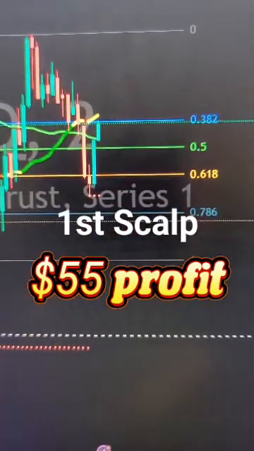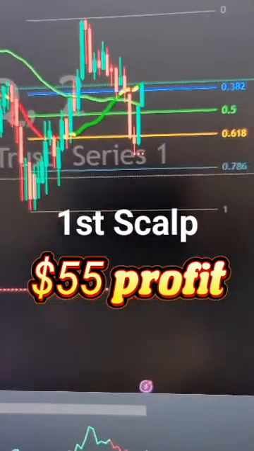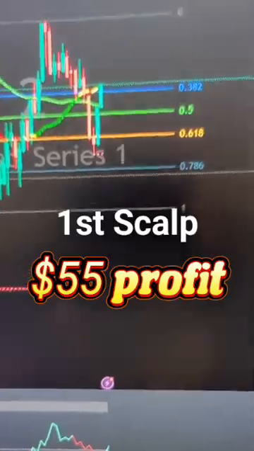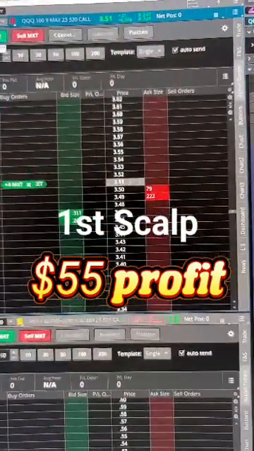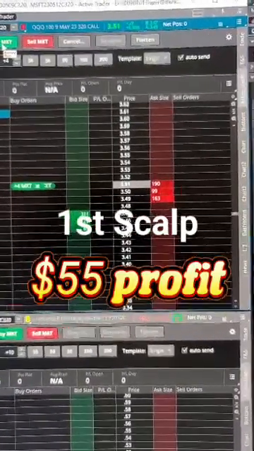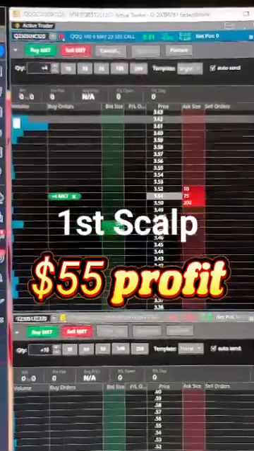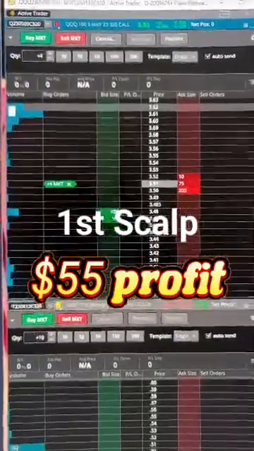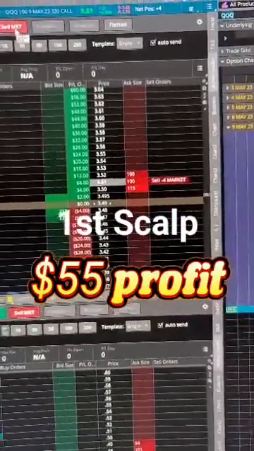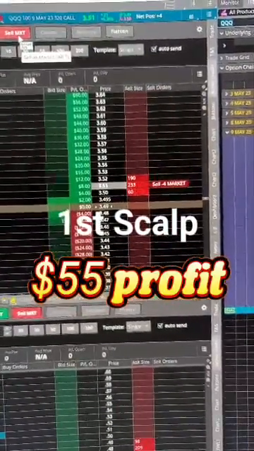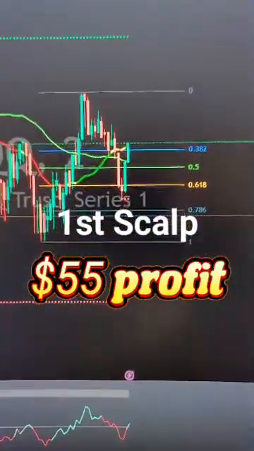We use moving averages, the 20 and the 50. On the 20 moving average, I use Tabahara. It's just something nice, and it changes color. When it goes up, it turns green, and when it goes bearish, it turns red. We also use Active Trader from Think or Swim. That's when we enter and get out fast. And we also use the RSI